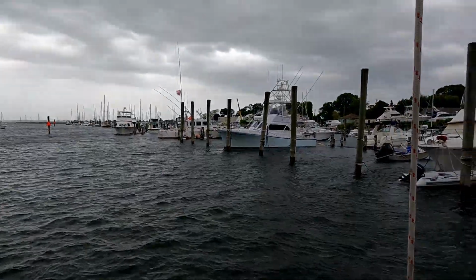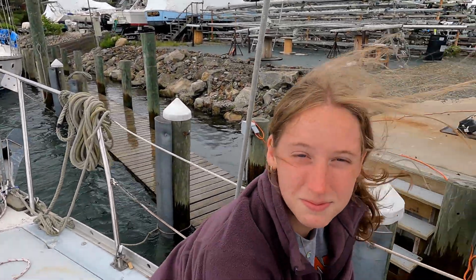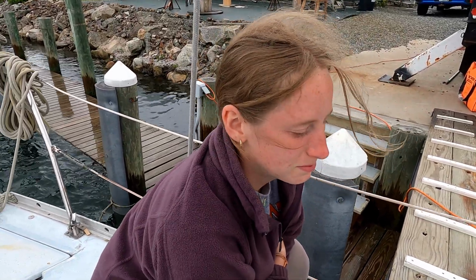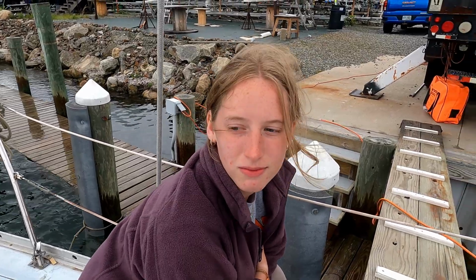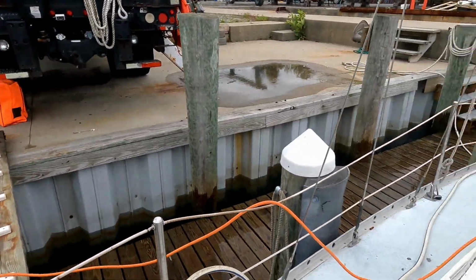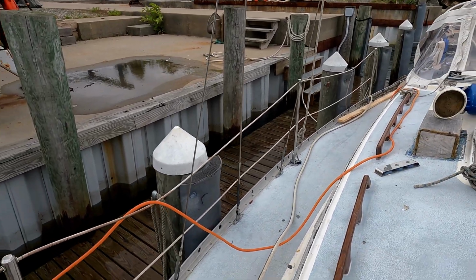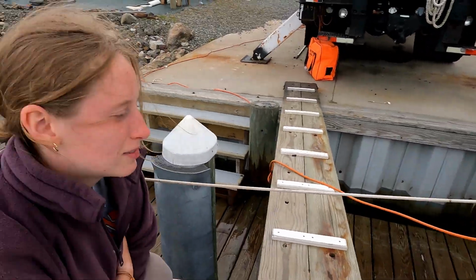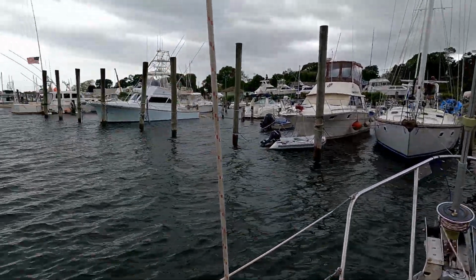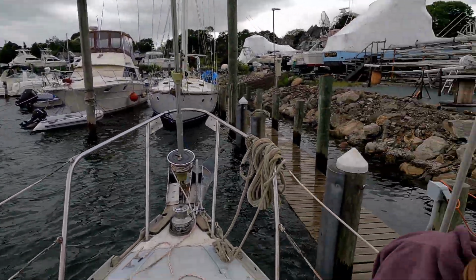It is quite windy. We're hoping to get the boom on too today in between rainstorms, and tomorrow morning when it's calm, we're going to try to get the sails up and head over to our mooring and get off the dock, because dock land sucks, rubbing up against these fenders. I don't know how people like to have a dock here all the time. It drives me nuts. All you hear is